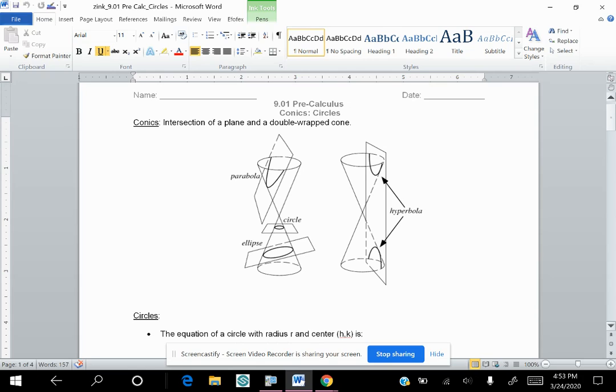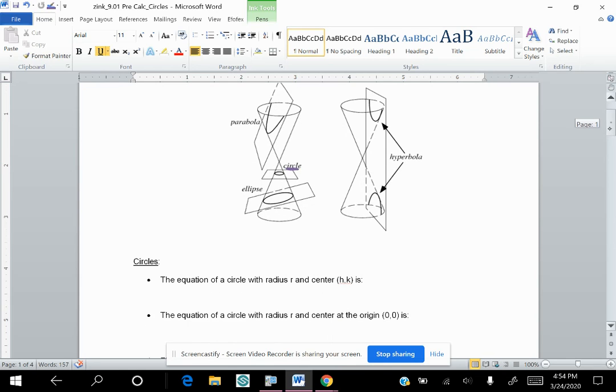So we're going to be talking about circles today, and as you can see here, I've got two double wrapped cones. It's just like two cones that meet right at that top point, that apex. To get the conics that we're going to be talking about, you're just taking different slices of these double wrapped cones. So today we're talking about the circle. We're taking a slice right here from that double wrapped cone, parallel to the base of your cone, and the base of a cone is a circle,